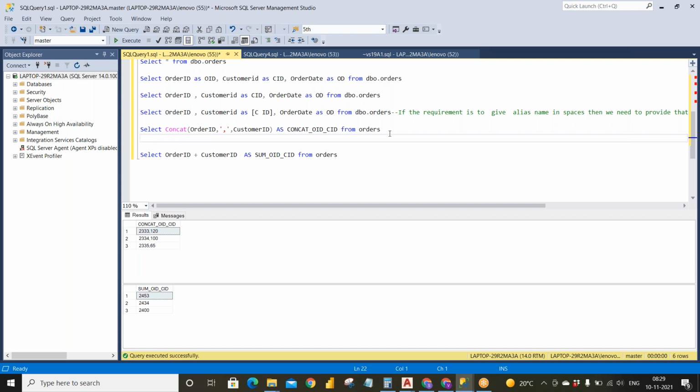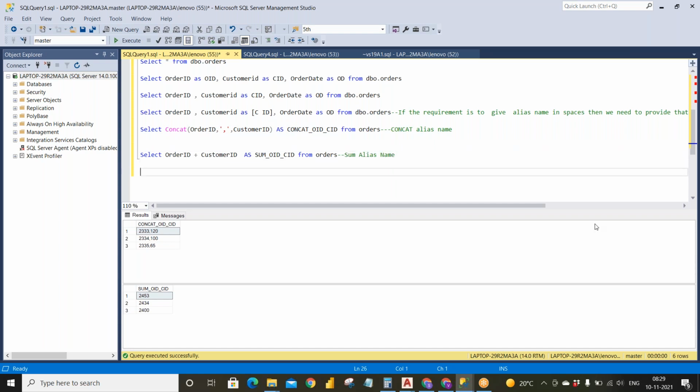And also in joins, it plays a very key role when creating the joins. Our next topic, almost there, we will be discussing joins. So this is the concat alias name and sum.